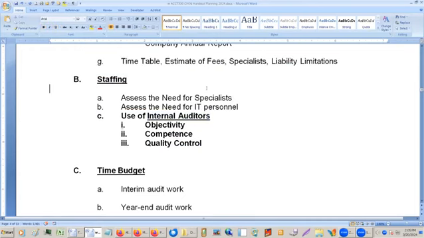And a lot of times the external auditors rely heavily on the internal auditors. And for good reason. The internal auditors usually know the most about a company, especially their controls and all that kind of stuff, because they're there all year round. They're there, however many couple hundred days a year. So the external auditors, they show up for maybe 3 weeks. And so if they're looking at something like inventory, a lot of times they'll rely heavily on the internal auditors, because the internal auditors may have 3 months to look at it, where they have 3 days. So the internal auditors are often used quite a bit.